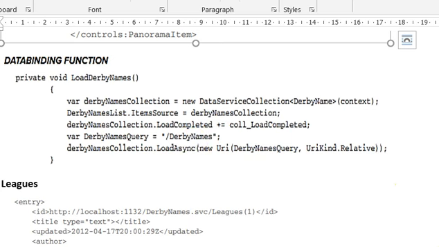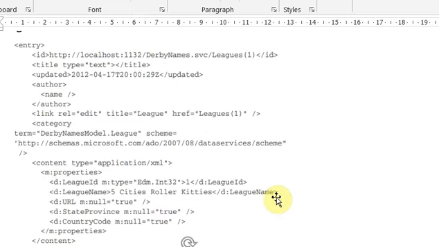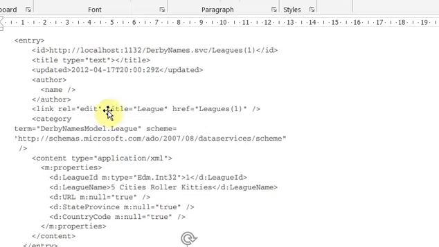Okay, and next one you have is the league. Each Derby team will belong to a league. That is how a league match will be there. So every team belongs to a league. The entity of the league is similar to what we have seen for Derby names. The starting part is everything the same, the only difference is that instead of Derby name we will give league name: league ID, league name. Only that is the addition.